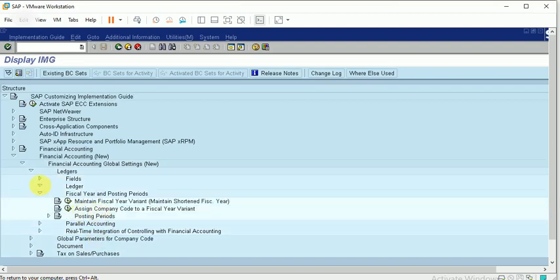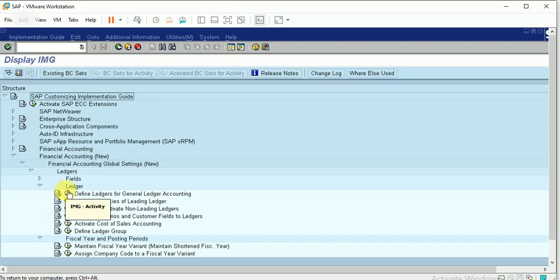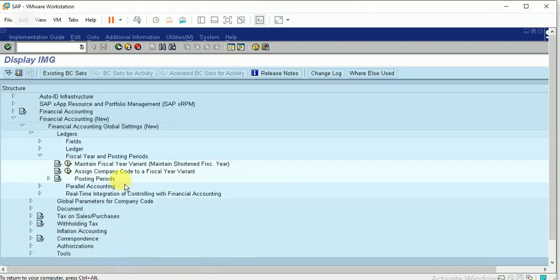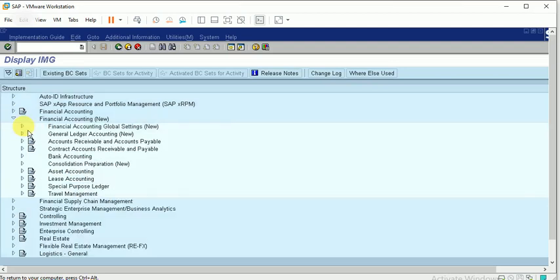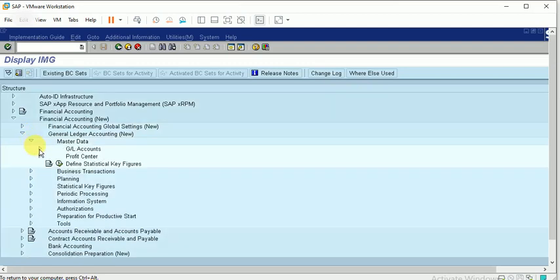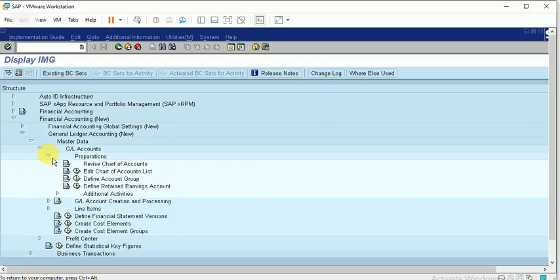Before that I wanted to go to the ledger, but it is not here. So I can have the settings for fiscal year and posting period here. But before going to this, I have to create the chart of accounts. So I'm clicking on General Ledger Accounting (New), Master Data, G/L Accounts, Preparations, Edit Chart of Accounts List.